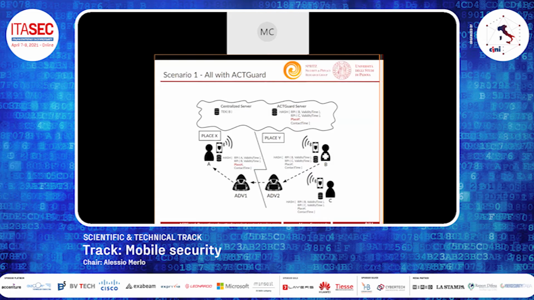So due to this incongruence, we can detect the attack and alert A that yes, you received a risky notification, but ACTGuard found that it was a fake notification because no hashes were matching in ACTGuard. Of course, in the scenario in which B does not use ACTGuard, we do not have any additional information, so we can't really help A in deciding if the risky notification is right or wrong. So we suffer from the same limitation of the contact tracing apps, the adoption rate.